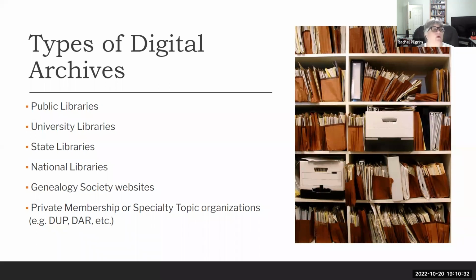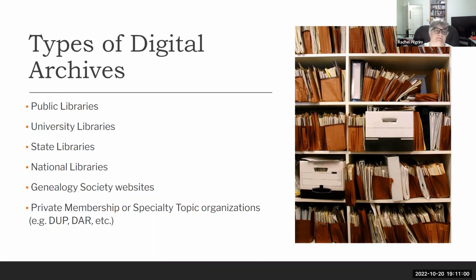Genealogy societies now are building their own digital archives and digital collections. They take all of the information that they have in their physical location, and they're starting to digitize this. Now, the first 4 are free, generally, to use. You might need to get a card. Genealogy Society websites may be paid. So you just have to keep that in mind, that you may have to become a member in order to